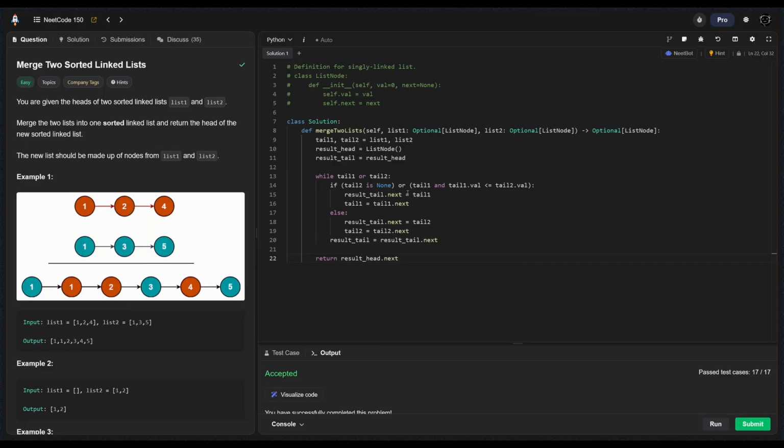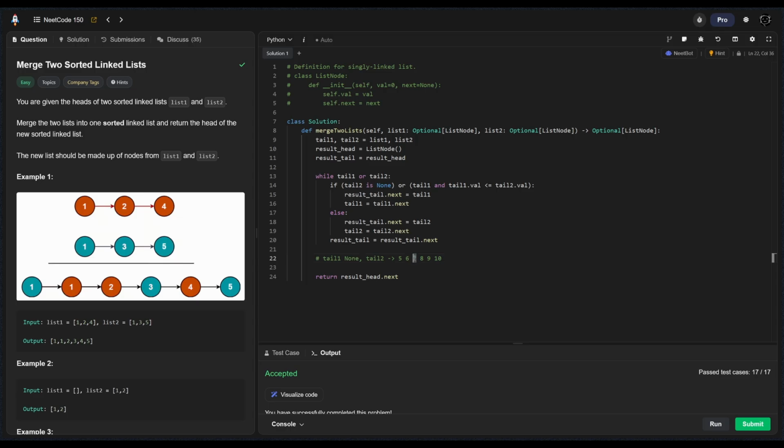This thing works. One note is that it's actually possible to simplify this a little bit further. So instead of running an or, we do an and. This while loop is only going to execute if both tail1 and tail2 have something, right? So imagine you were merging your list, and then in the end of it, you find out that tail1 is none, and then tail2 has like a bunch of items, right? 5, 6, 7, 8, 9, 10, whatever, right? If we were to do it our way here, then we would execute this else clause over and over again,